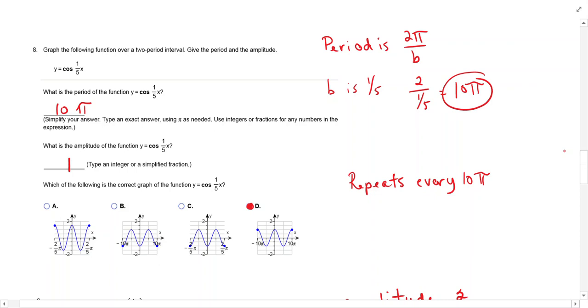Graph y equals cosine 1/5 x. So this is the first time that we're getting something a little bit different. The period is 2 pi over b, and b is 1/5. So 2 divided by 1/5, flip that, you get 10 pi. So your period is 10 pi, sorry. What is the amplitude? The number